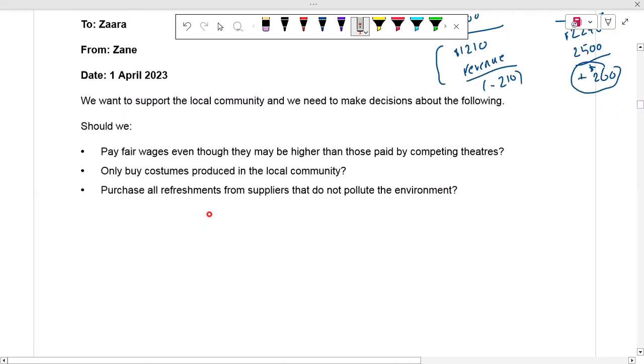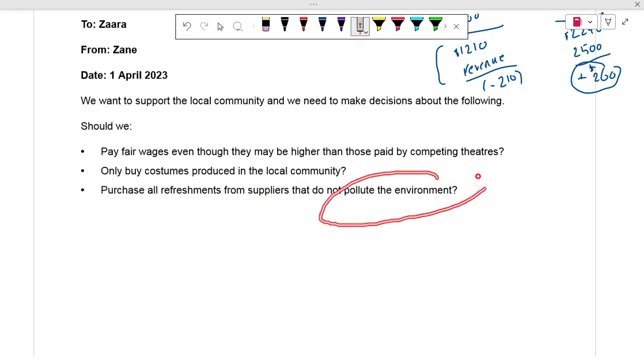So if they buy the costumes from the local community, it will create a much lower cost burden on the ET. And of course, it will create employment or work opportunities for the local community also. So, purchase refreshments from suppliers that do not pollute the environment. This is also one more thing which is very important. Because if they are going to purchase refreshments from suppliers who make refreshments which are not so bad for the environment,